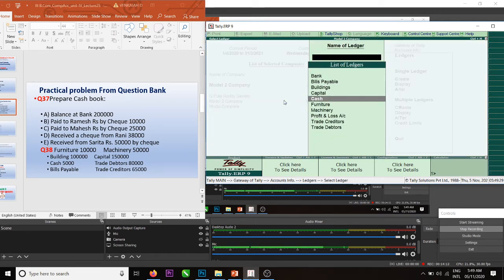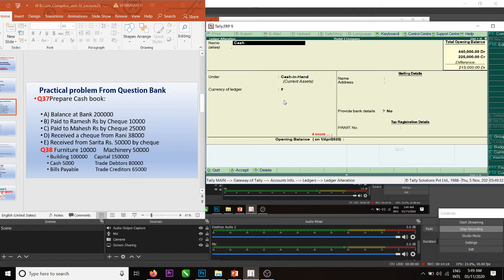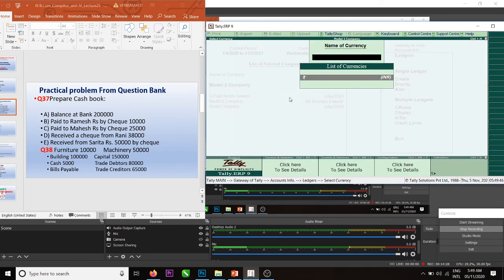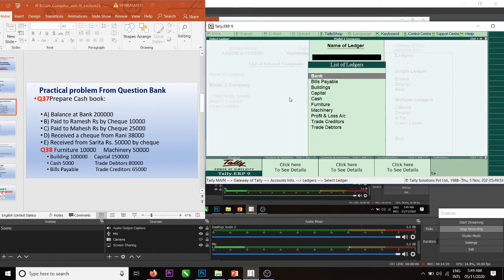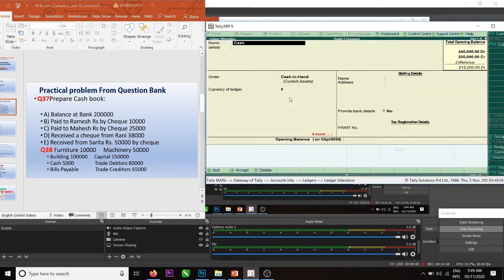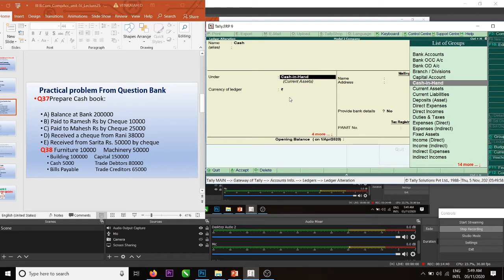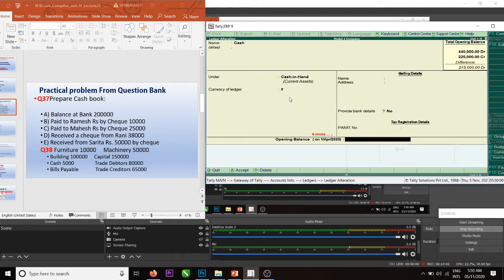I am selecting the cash, but here currency is in rupees. But I want to change this one, so I want to create a new currency. Just simply press Ctrl E for selecting the currency. Then alter cash, opening balance 5.